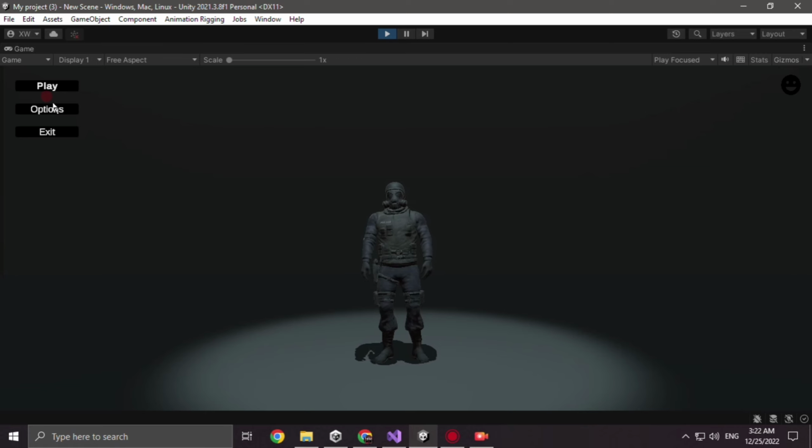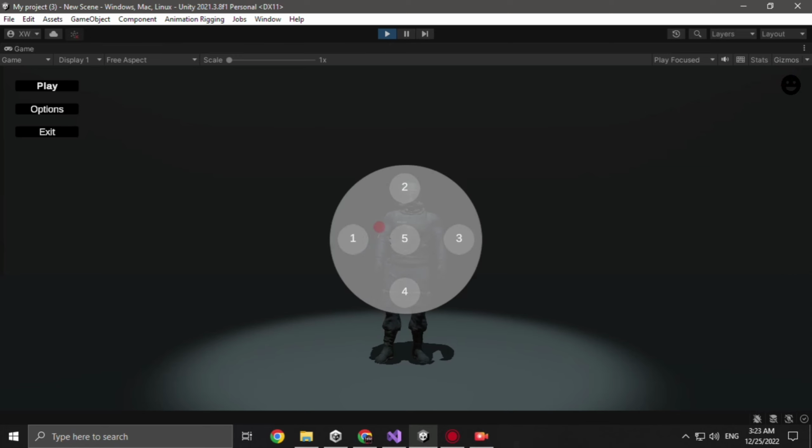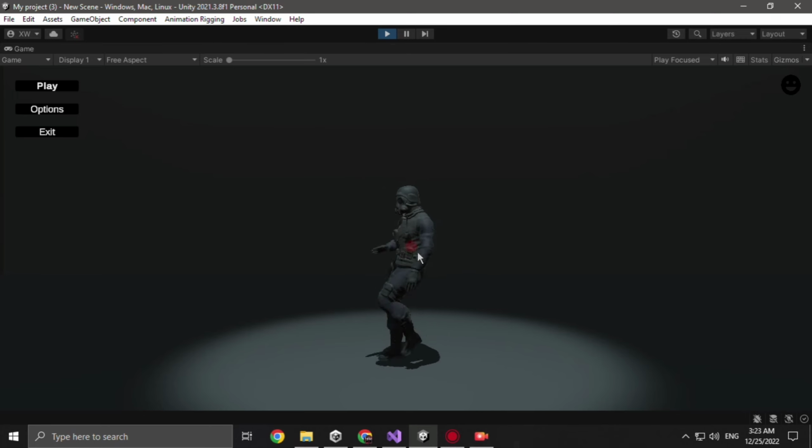So hello everyone, today I'm going to talk about the emote system in Unity. If I look here, I created a demo scene, and in the left corner I have an emote button. If I click here, I can see a pop-up window, and here I put 1 2 3 4 5 emotes. And if I click the first one, you can see that my character starts dancing, and this is the